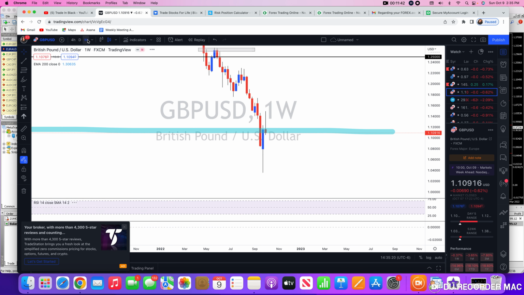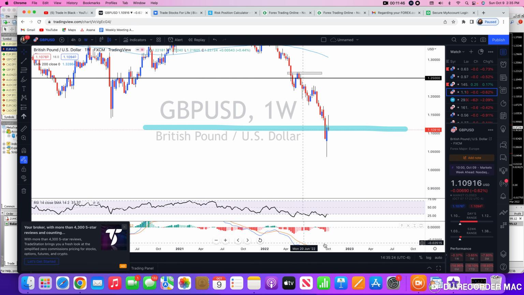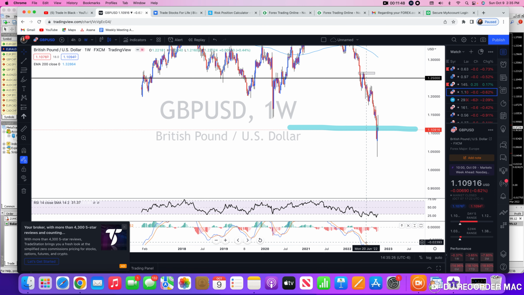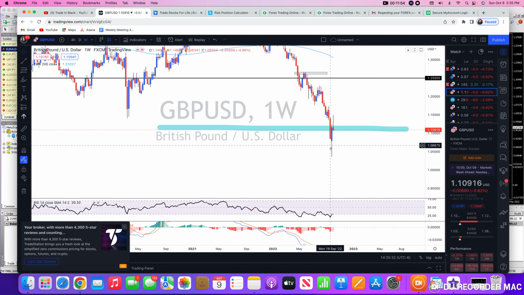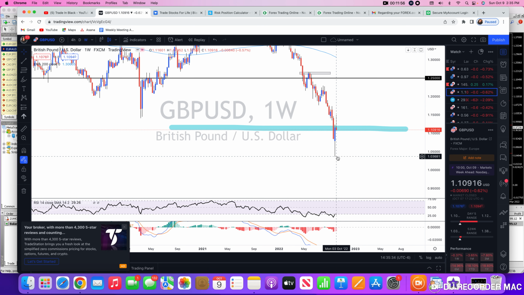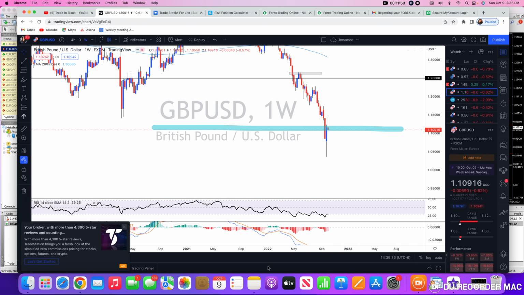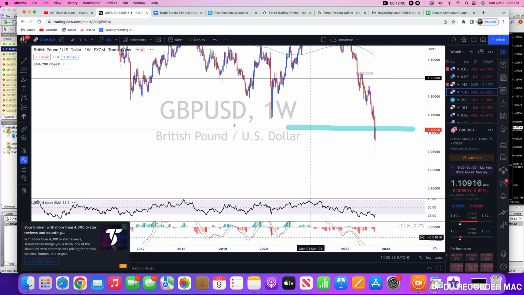This one is kind of looking the same for the most part. I think this was the previous mark that I had made on it from like last week. We could still see it in a bearish movement. Now we have to wait to see what's going to happen once it gets past there, and if it makes it down to this level, to see exactly what's going to happen, because based on the